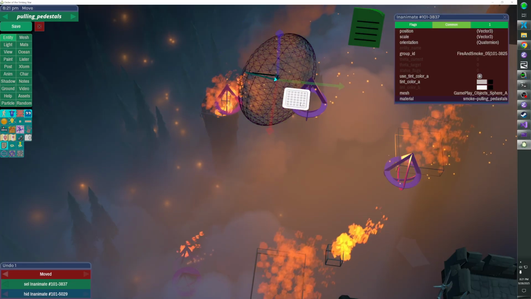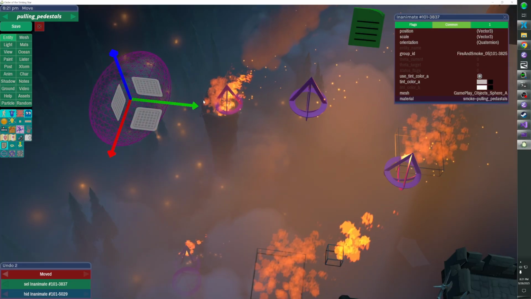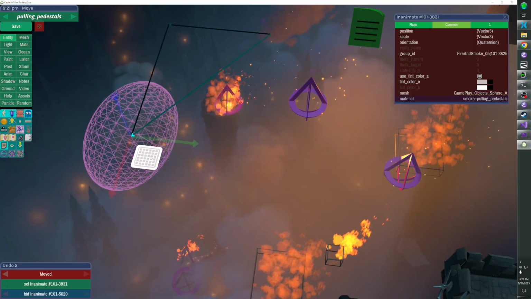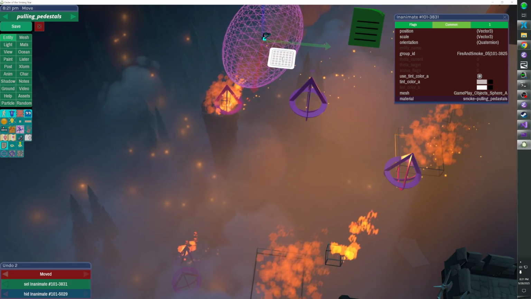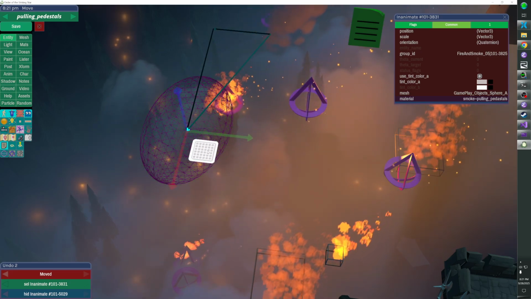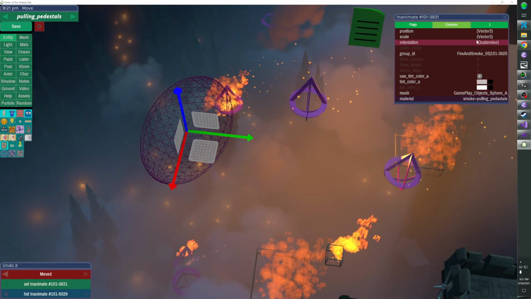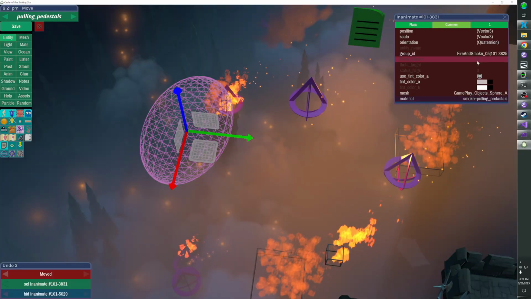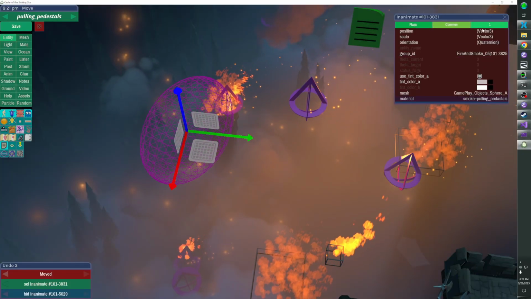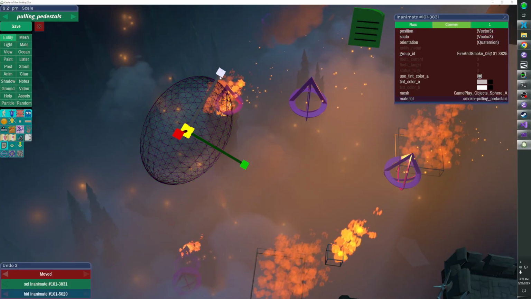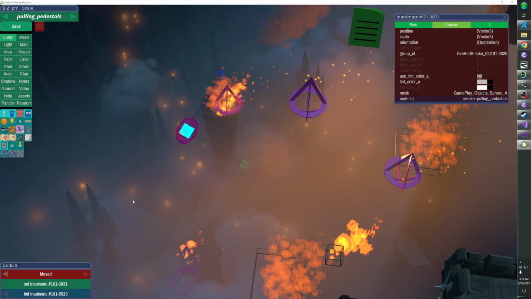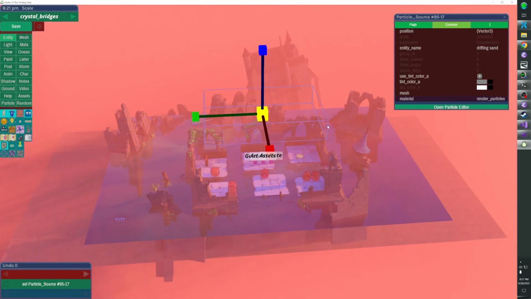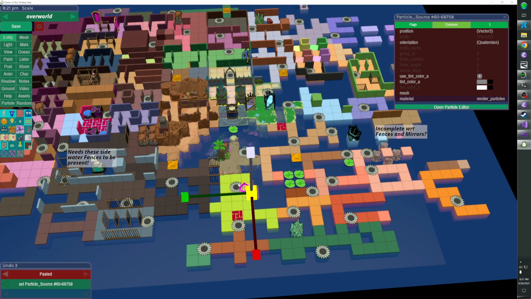Is that a smoke? Are these sphere smokes? I don't really know how the sphere smokes work. I see it just, you can't really see it when it's,